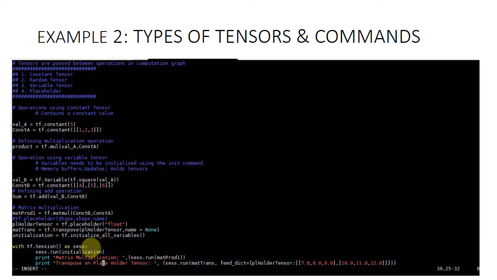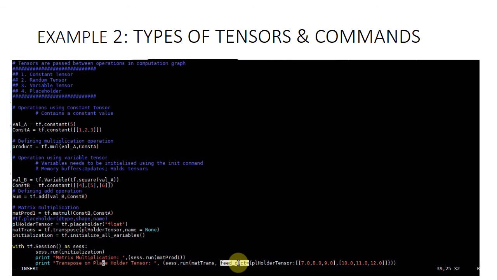Within the launched session, I am running the initialization command. That means my variable tensors are going to be filled with the values that I really wanted them to be filled with. The next line will execute the matrix multiplication command, and the following line will execute the transpose command. Here you can see something called feed_dict. This is associated with the placeholder tensors. You must always initialize your placeholder tensor values with a feed_dict argument that comes along with the session.run command